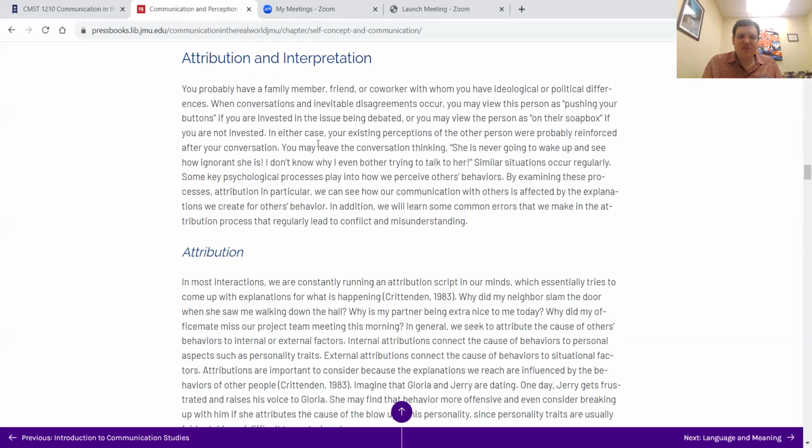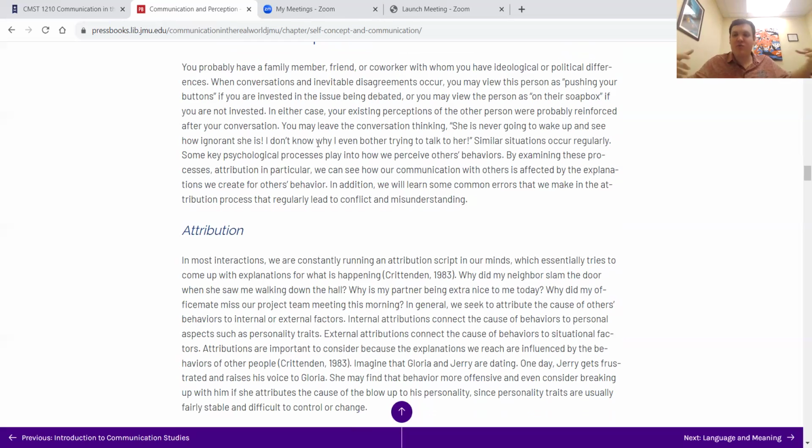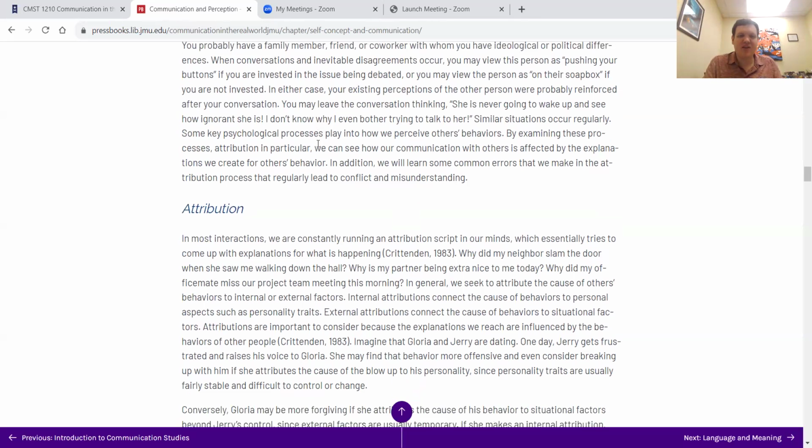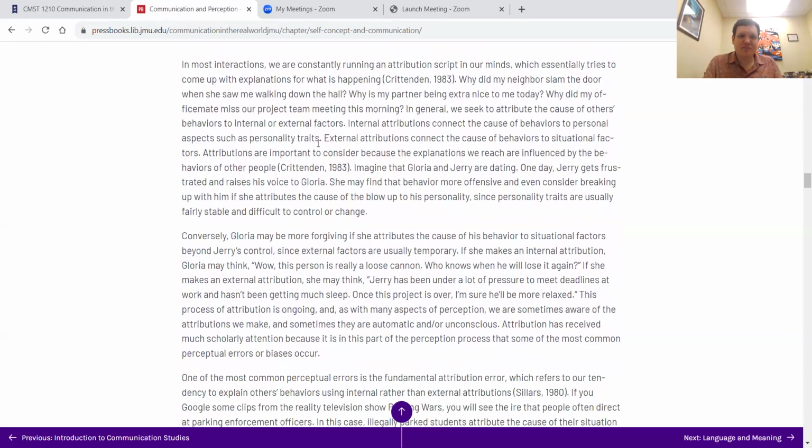So we're using our existing perceptions of people, which could reinforce through that conversation, saying, oh yeah, I hate that person. Whatever they say, we're interpreting that through their filter. So we can find things wrong with what other people are saying and get mad about it. Or if we like someone, we're more likely to agree with them. Even if the person we dislike and like are saying the same thing, we may agree with the person we like and disagree with the person we dislike based on that prior knowledge, right? That prior experience with them. We're interpreting what they're saying through that experience.